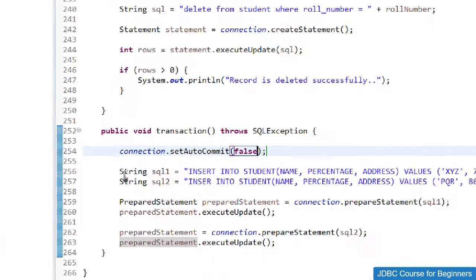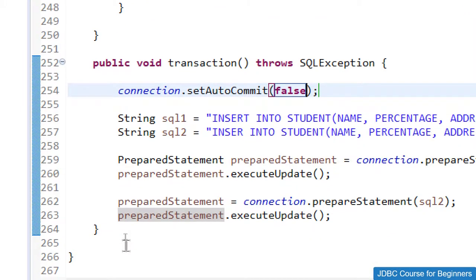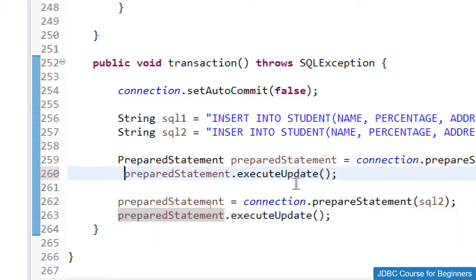Here I'll write some conditions. After the prepared statement and execute update, it gives me an integer number, the number of rows affected.